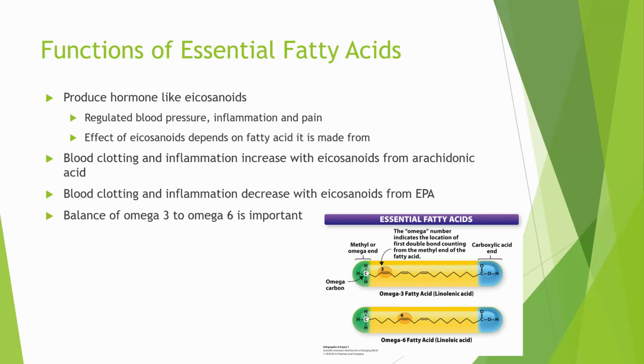The eicosanoids made from our omega-6 or our arachidonic acid actually increase inflammation and blood clotting, and the ones made from omega-3 decrease inflammation and blood clotting. And now we hear about inflammation a lot, all the time. At least in the last few years, you'll start to hear about inflammation. I feel like anyone, if they're trying to convince you why you should eat a certain food or not eat a certain food, they claim they're all anti-inflammatory, even if they're not. So it makes me laugh. But